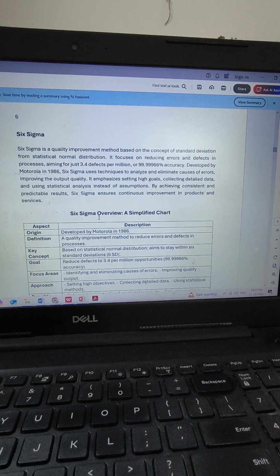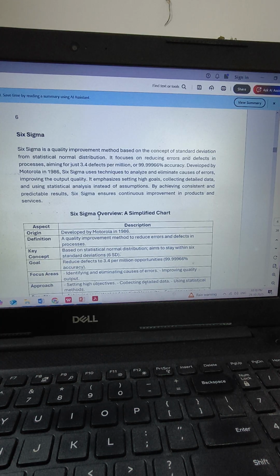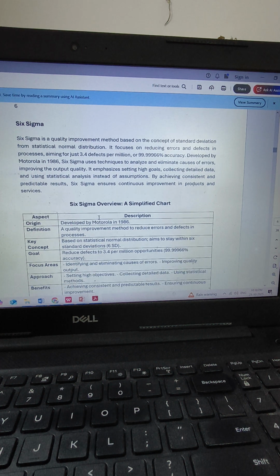Next comes your Six Sigma. Six Sigma was developed by Motorola in 1986. It focuses on reducing the errors and defects in processes, aiming for just 3.4 defects per million, or in other words, it says that if we use the Six Sigma method, there is 99.99966 percent accuracy. What it does is it collects detailed data, and then it uses statistical analysis